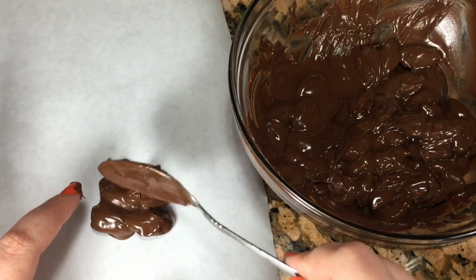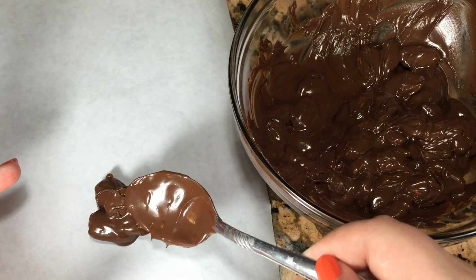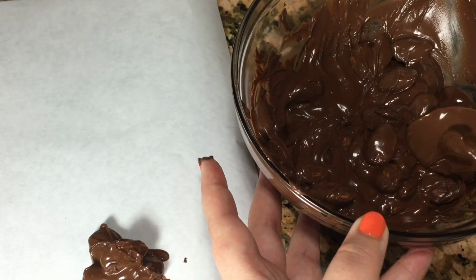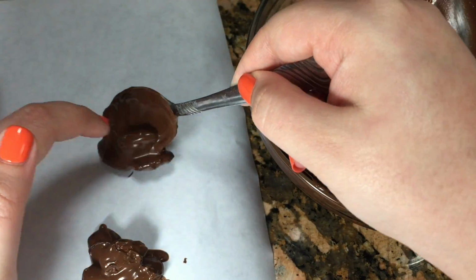Now these don't look very appetizing, but they taste very good, obviously. But the idea is that when you bite into it, you get the crunch of the nut, and obviously if you've ever